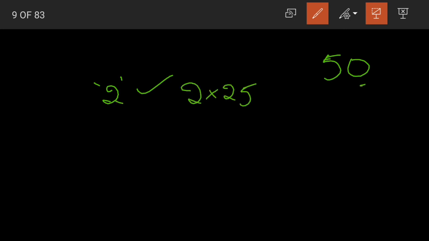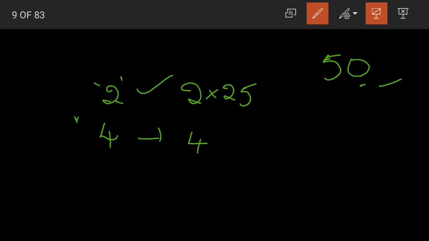Okay, if you have any number, suppose, what can we take? Okay, 50. Now is 50 divisible by 2? Yes, it has 0 in the ones place. We have 2 25s are 50. Now let us take a multiple of 2, 4. Again, is 50 divisible by 4? Yes, it is divisible by 4.